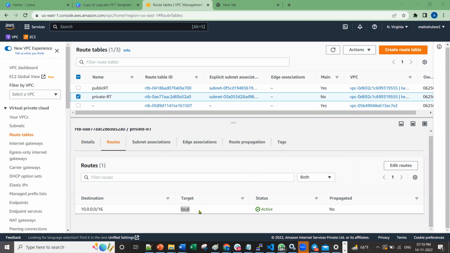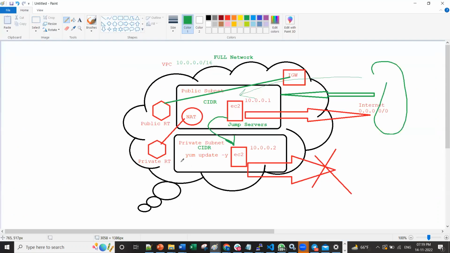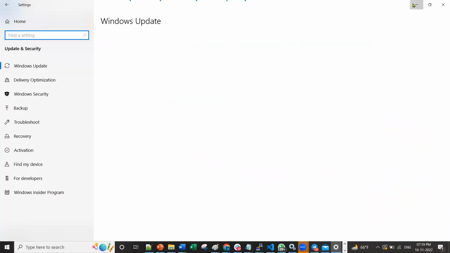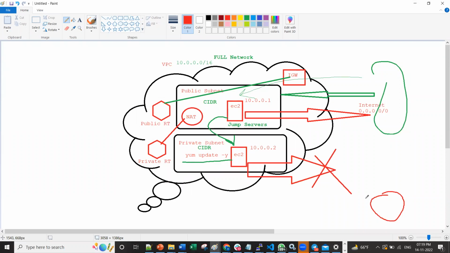Private things require internet, because you want to do yum update -y. You need to understand that there is something called a repository. Suppose this server is a Red Hat server, an operating system which is Linux. In my Windows, it is waiting for Microsoft to apply the update, and here you see the button. Similarly, in Linux also,